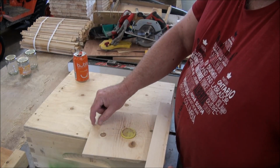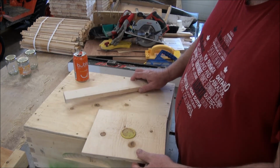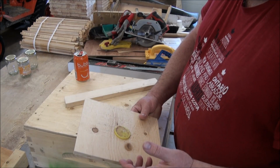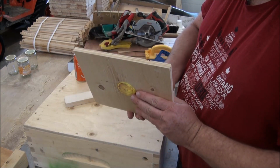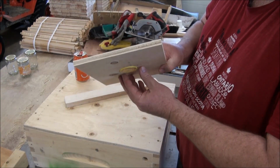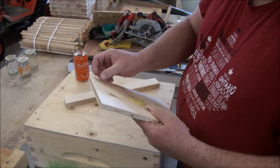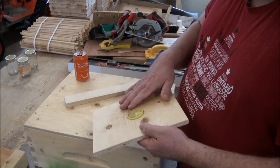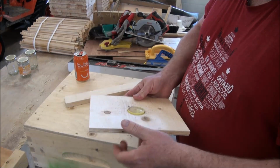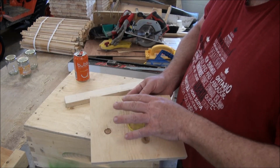So my shim will be 3/4 wide and a 1/4 inch thick. And that should serve well. I'd like to have a shim on there for different reasons. First of all, it's only 1/2 inch material. So that feeder plug does stick through a little bit, so you can see that. And also a little strip of wood, even a 1/4 inch, just helps that plywood stay a little more flat. You know, I've got 1/2 inch here, add 1/4 inch, and I've got 3/4 inch there, so that'll help stabilize